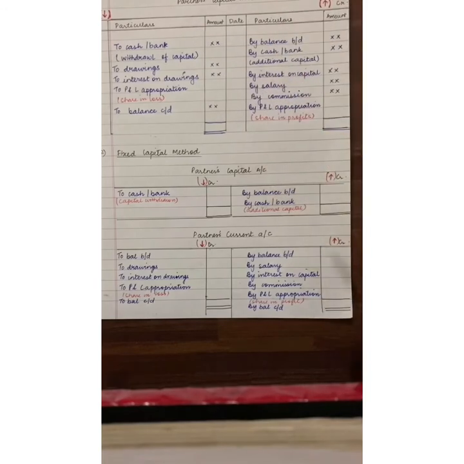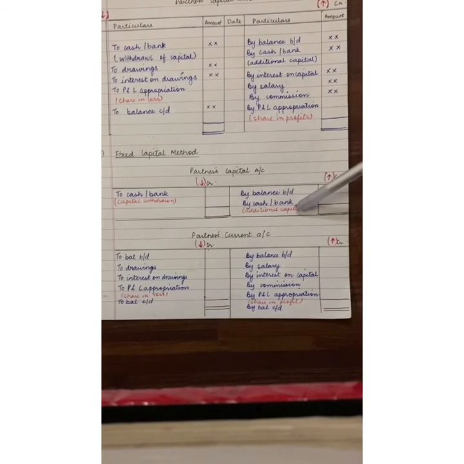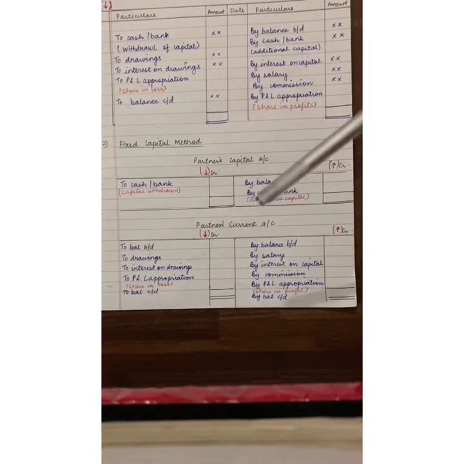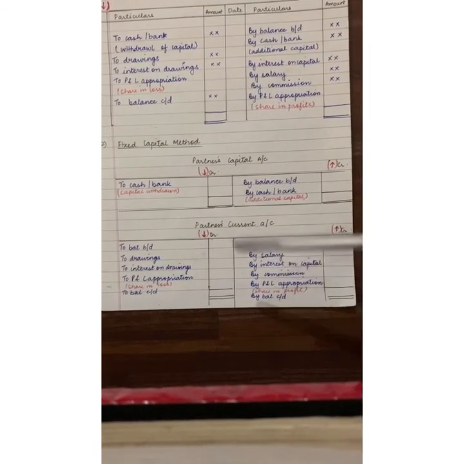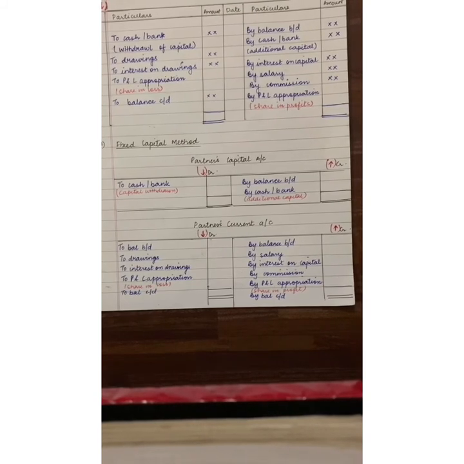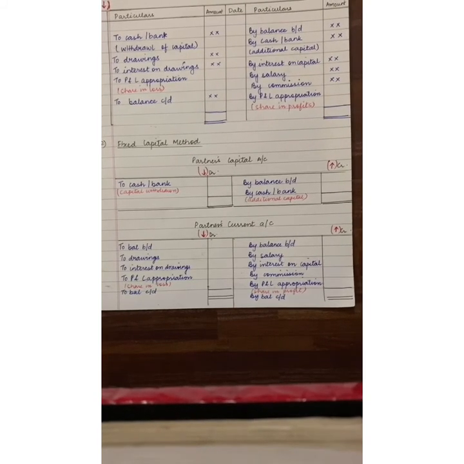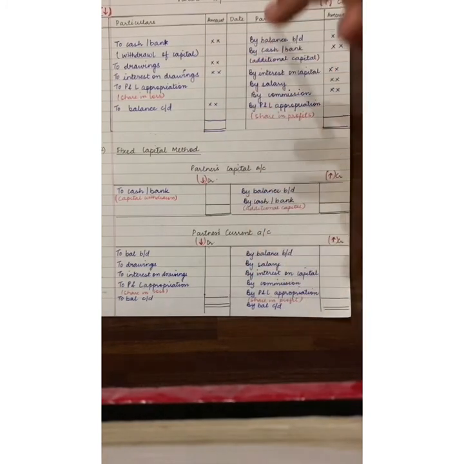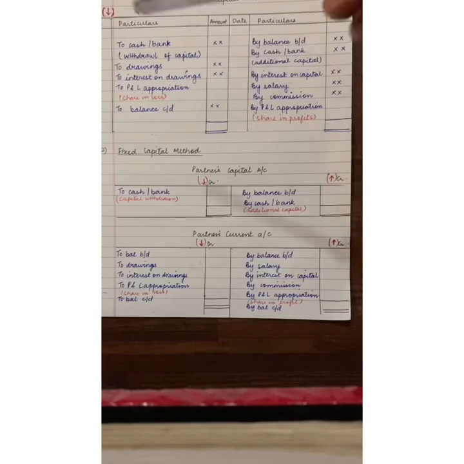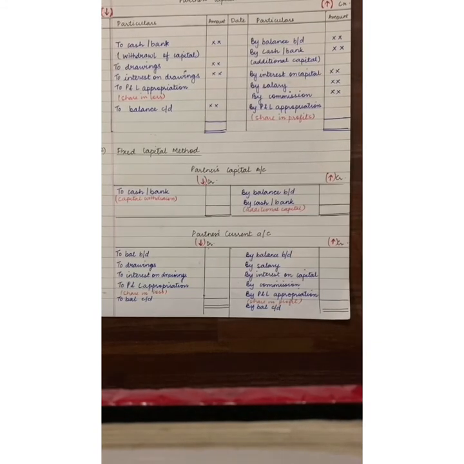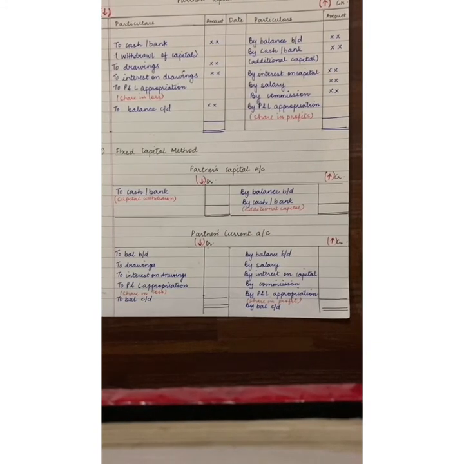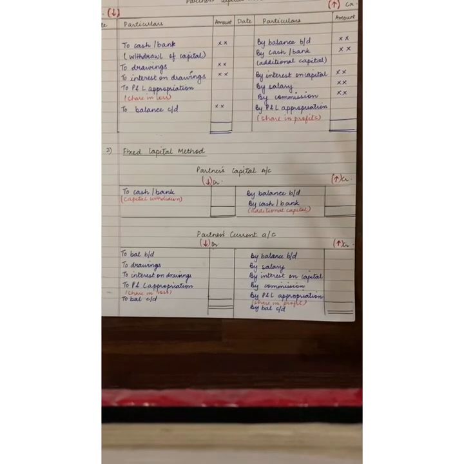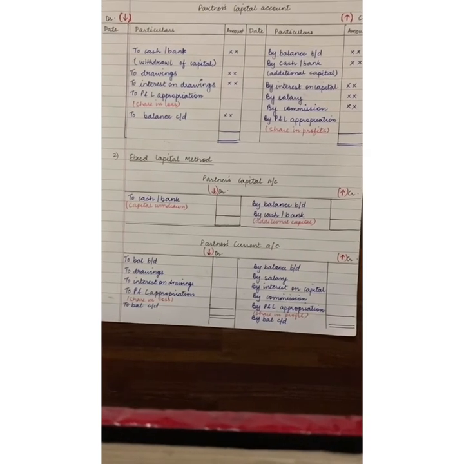whereas in the fixed capital method, the transactions are distributed between the partner's capital and the partner's current account. The partner's capital account only records the introduction of capital, additional capital and withdrawal of capital, whereas the partner's current account involves the various things like salaries, commissions, drawings, the various transactions that are going to affect or change your capital, increase or decrease your capital. And after calculation, either from the fluctuating capital method or from the fixed capital method, at the end you will get whatever is your capital at the end of the year, how much your capital has changed at the end of the year. So I hope both the formats are clear.